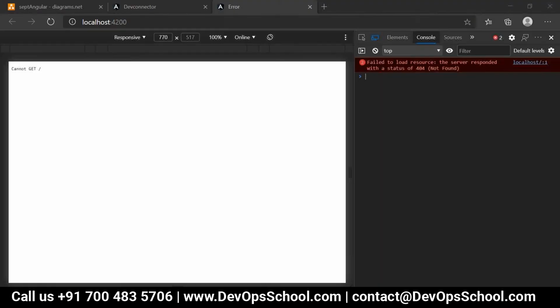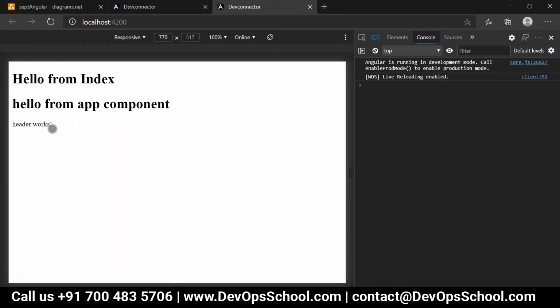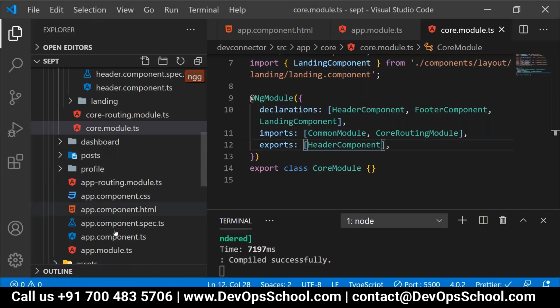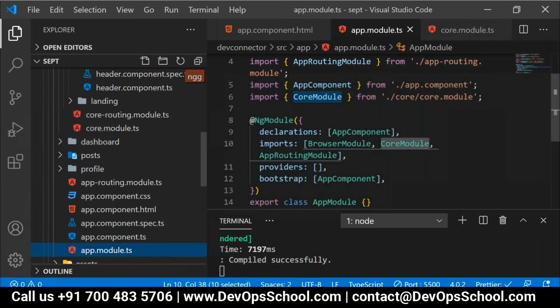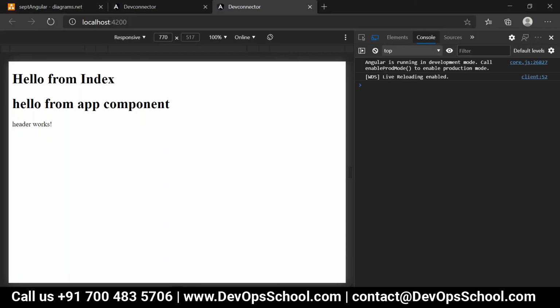Now I'll go to the UI and I'll just refresh it. People, are we able to see the header or not? Did you do the import also, Abhi, or only the export? Yes, it works. Yes, Deepak, I have done the import in the app module, correct? Who is going to consume this module? The app module, import, right? Import of the module, export of the component, is it? Correct. In that way, the relationships will be established. Give me a minute, I'll come to that point again.